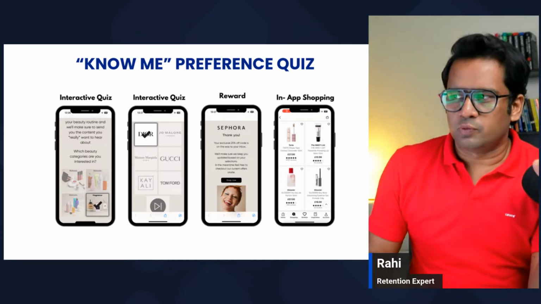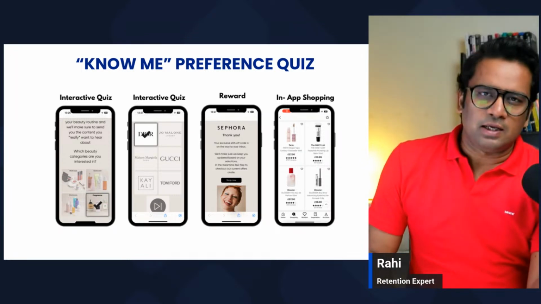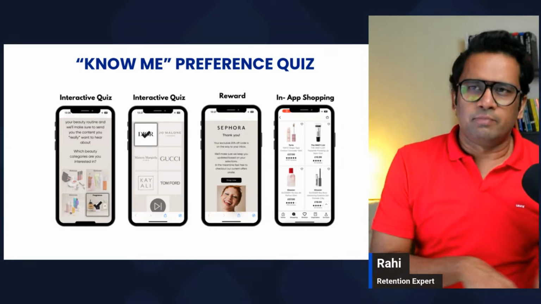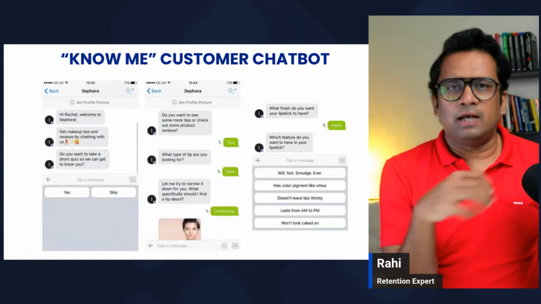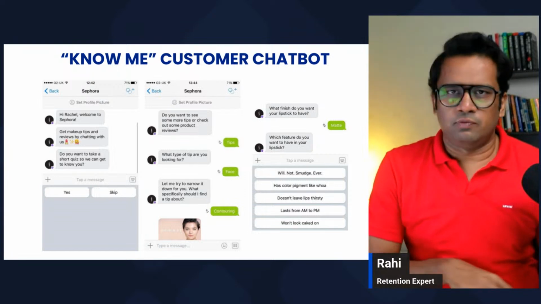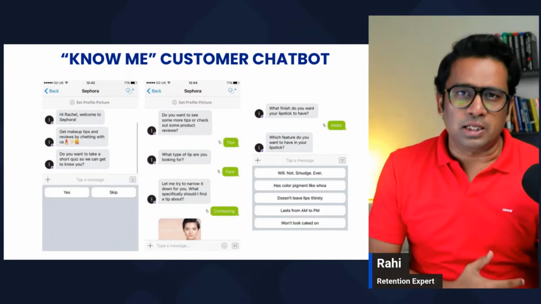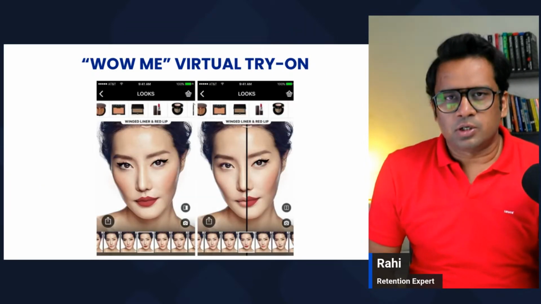They have a different quiz from a seasonal perspective also, or if they have a new category also. So they have different buying guides also. So it's not just one guide. They have multiple quizzes. And they also collect data on the chatbot, where if you ask that you need help, or you have a query, or you're not able to decide between two products, they also help you with that. And that kind of information comes into them.